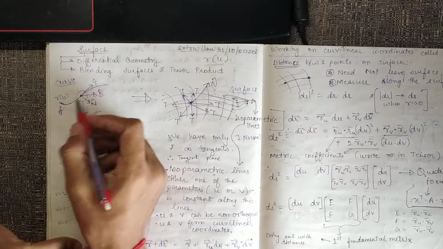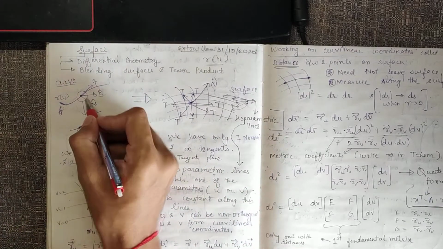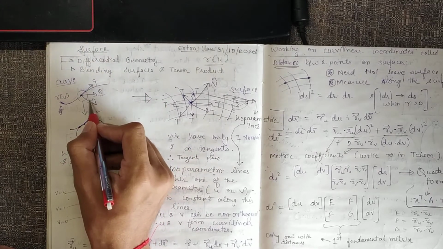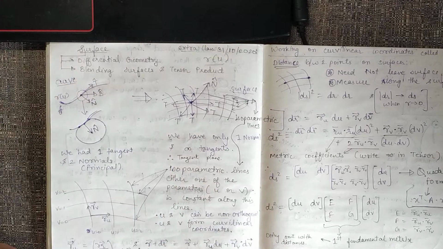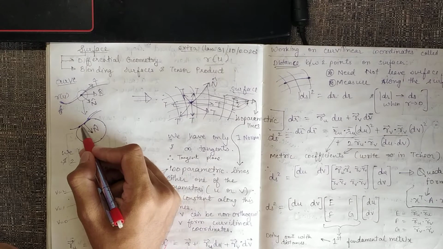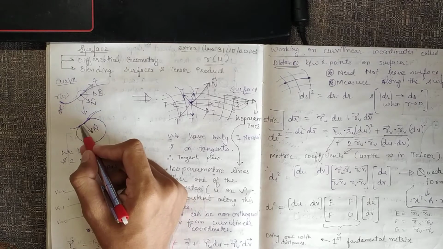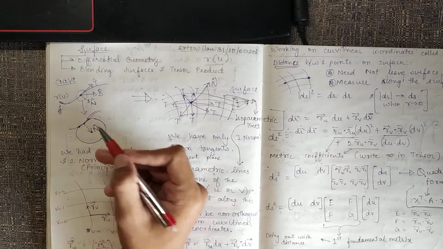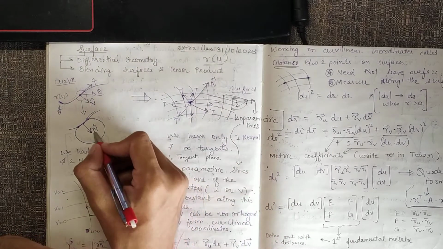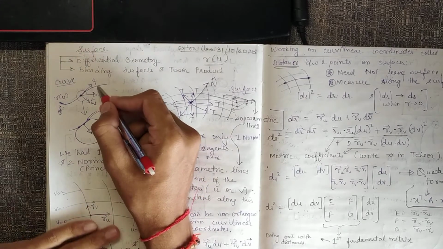Comparing curves and surfaces, this was a curve, R of u, and we had a tangent to the curve at a point, a normal, and a binormal at the same point. The normal was defined using three neighborhood points making a circle. We make a circle which passes through 3 points, and only one unique circle passes through those 3 points. So we will have only one normal in that case, and only one tangent.